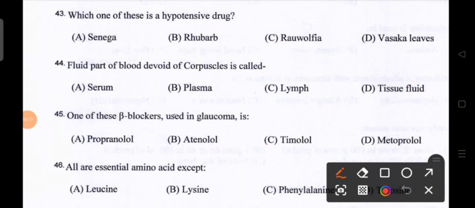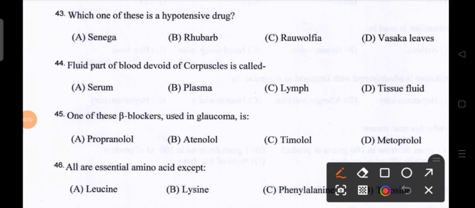Next, coming towards question number 44. Fluid part of the blood devoid of corpuscles is called. Options are serum, plasma, lymph, and tissue fluid. So, which of the following answers is the fluid part of the blood devoid of corpuscle? So, the correct answer will be